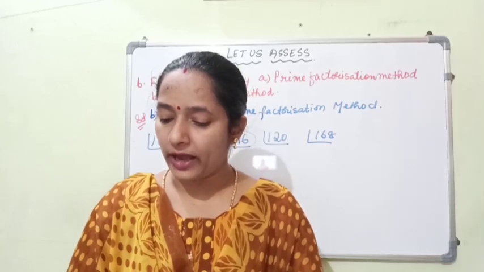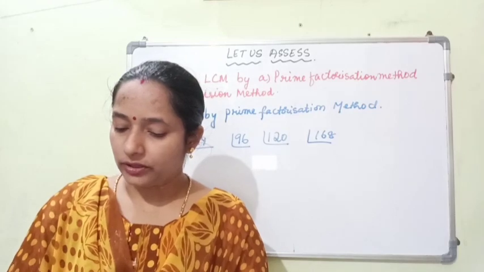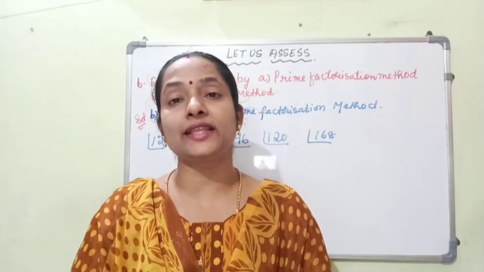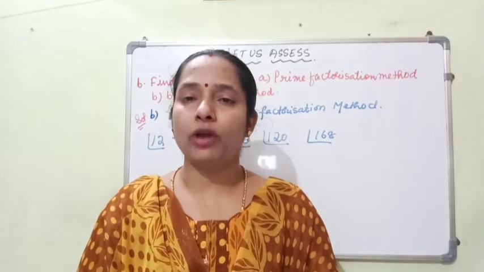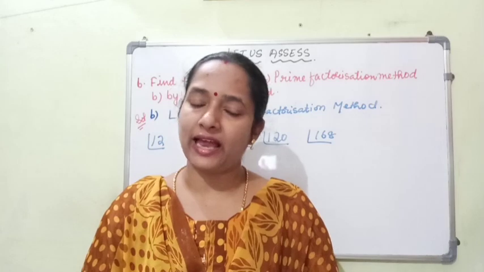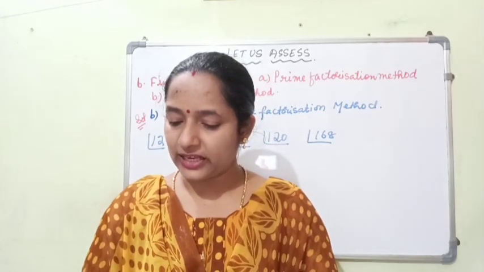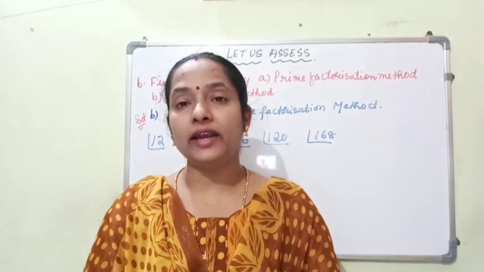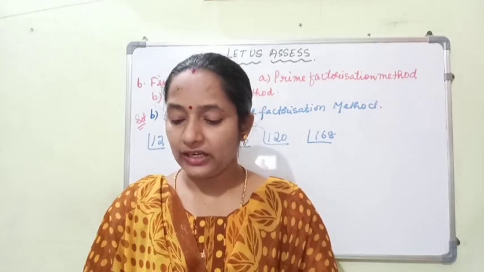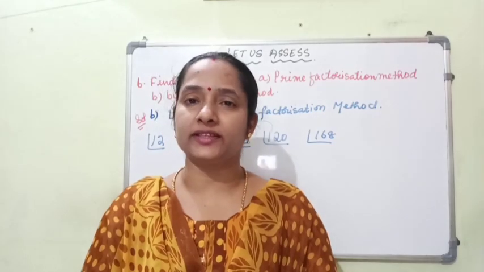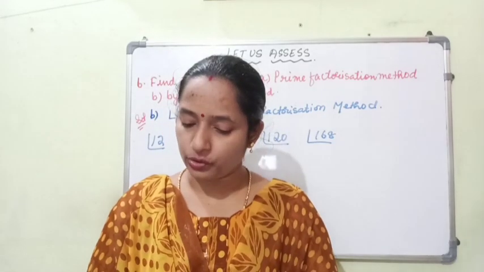in question number 1 you are given two numbers where you have to simply find out the first three common multiples of those given numbers. So you have to simply write their multiples and find out their common multiples. Similarly, for the second question you are asked to find the factors of each pair of numbers and circle the common factors. So this also you can do.